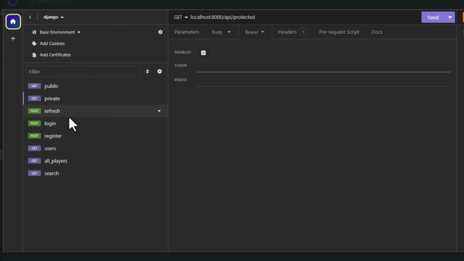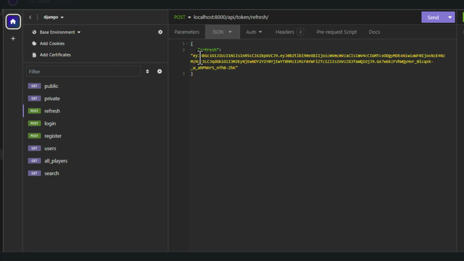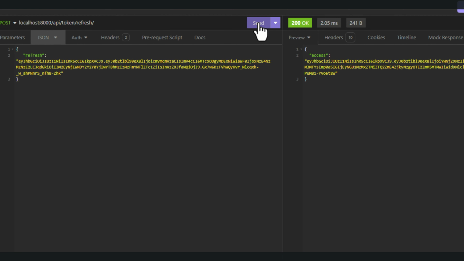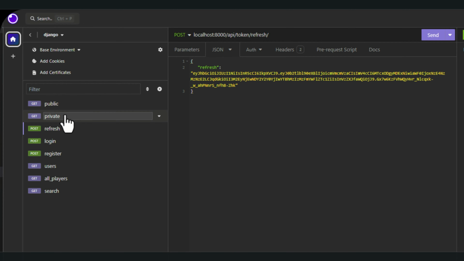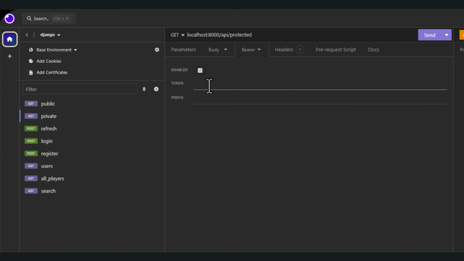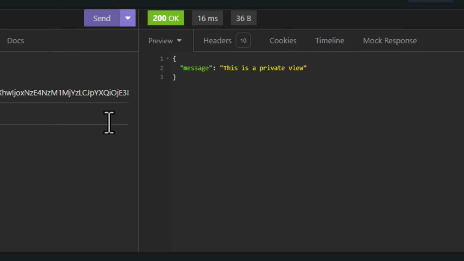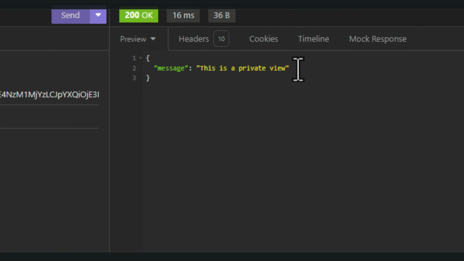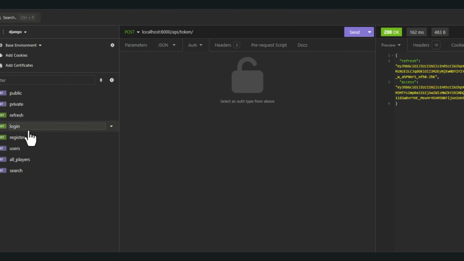So let's refresh our token once again. Where we have our refresh token, let's refresh it and copy the new access token. Then in our private view, where we have our bearer token, let's paste in the token. And you can see we are getting a valid response message. This is a private view. So that has worked. At the moment, everything is working correctly, but there is one thing I want to